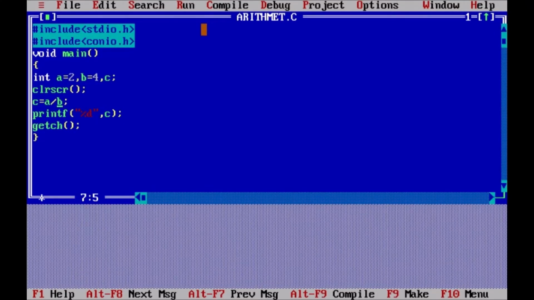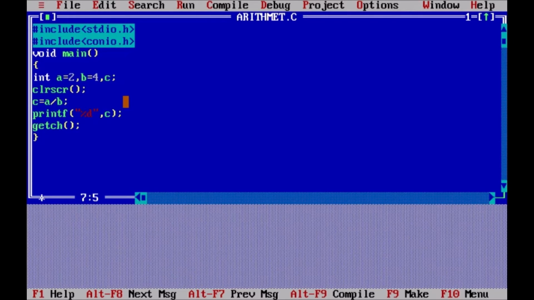This happens because the value of 2 by 4 is 1 by 2, that is 0.5. Since C is an integer variable, it can store only integer data. Alright. The value of the division is 0.5. So 0.5 cannot be stored in an integer variable. So that is the reason why. It is ignoring the decimal part and storing only the first part. That is, in case of 0.5, it is taking only 0. So only 0 is getting displayed.